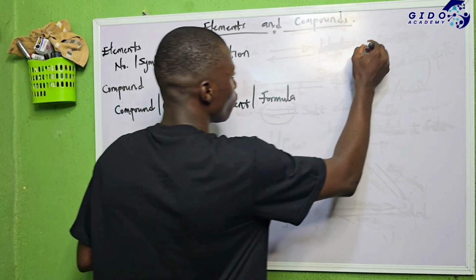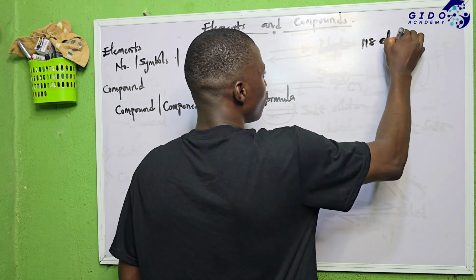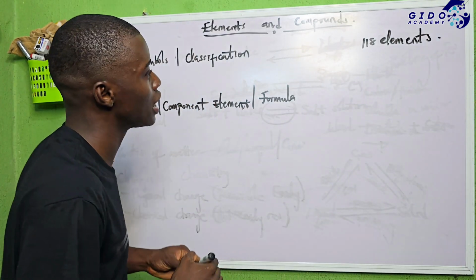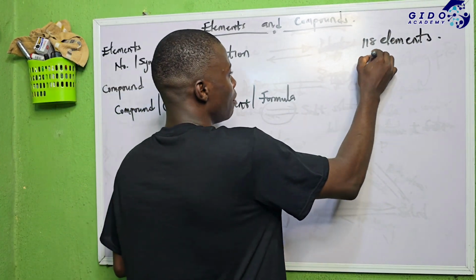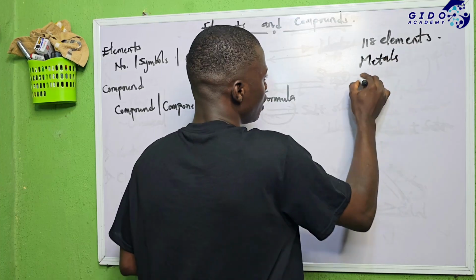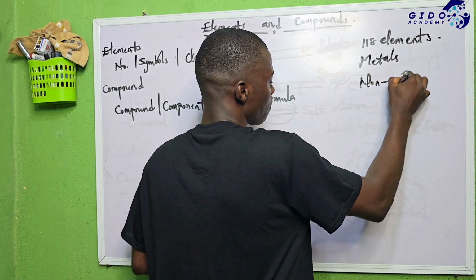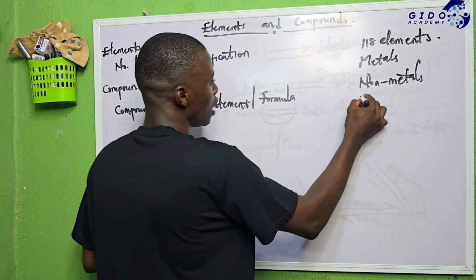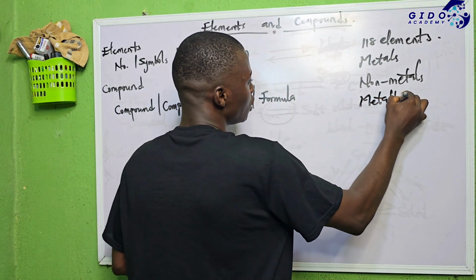And please take note, we have 118 elements in the periodic table. And elements generally, they are metals. We have non-metals. But there are some elements that are neither metals nor non-metals. We call them metalloids, which are also known as